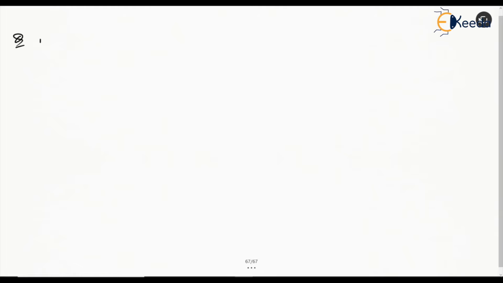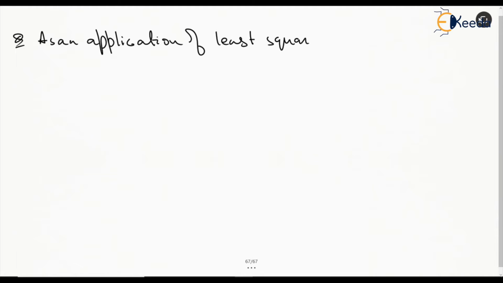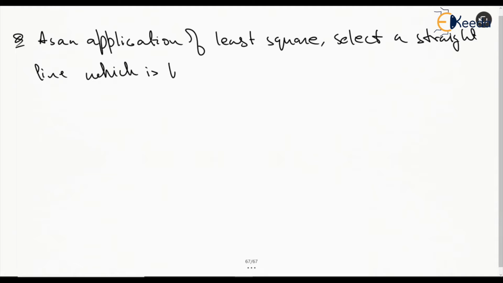So it says, as an application of least square, select a straight line which is best fit for the data.